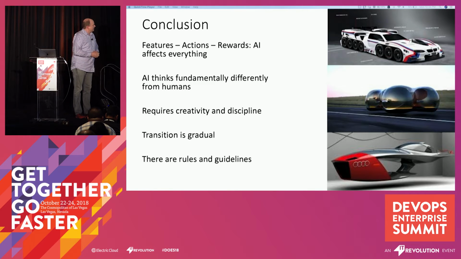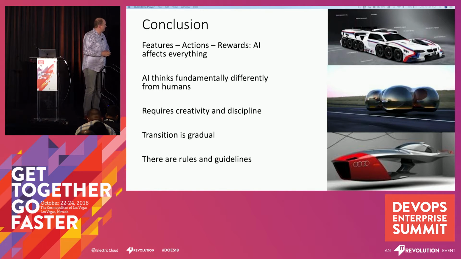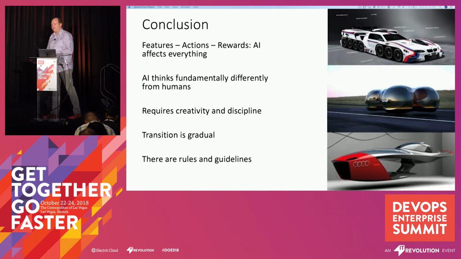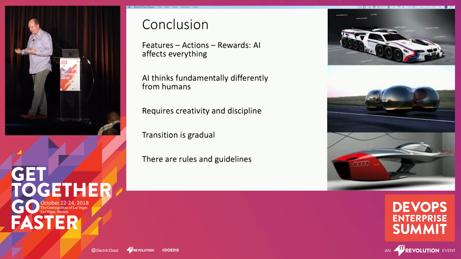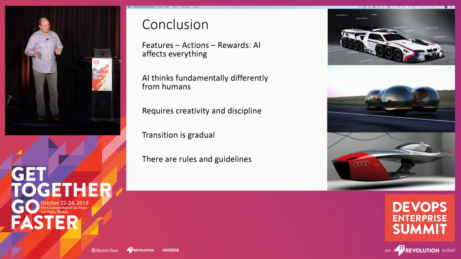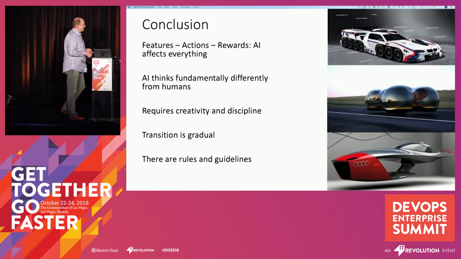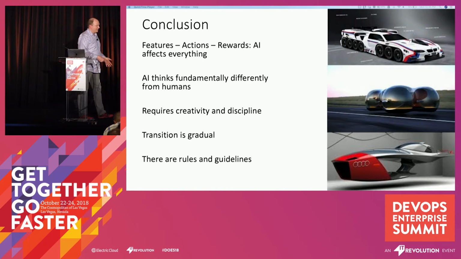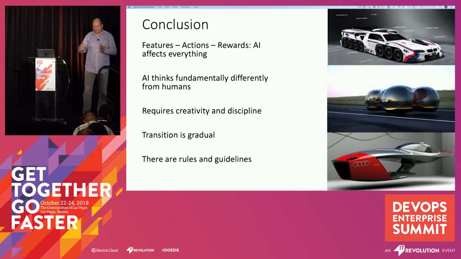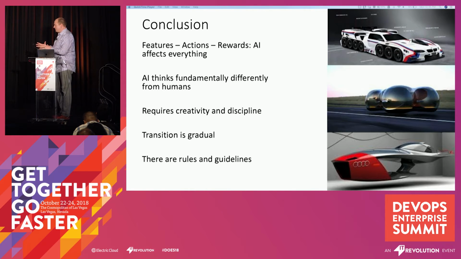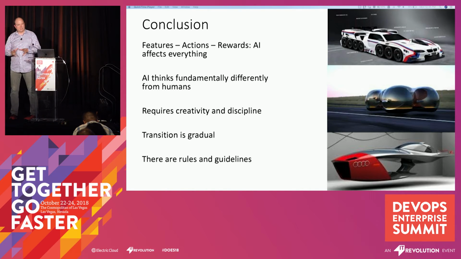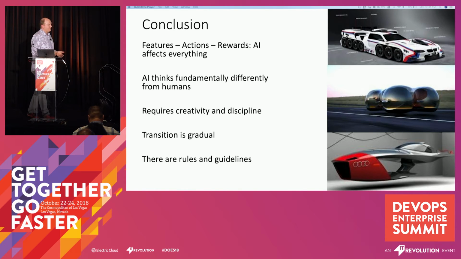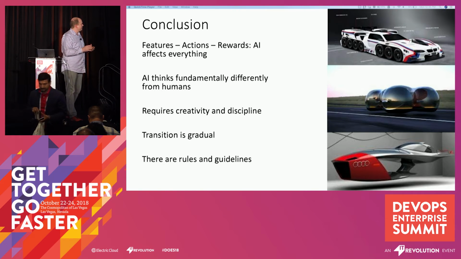So yeah, at the end of the day, it requires creativity, discipline. It's a transition, almost like the transition to DevOps. It's a painful transition because you can spend a lot of hours and a lot of money on not achieving all that much. And that's why those rules really apply if you want to use AI and optimize your DevOps process, right? You don't optimize the whole DevOps process. You look at one metric. You look to find a certain thing that can help you become a little bit better and learn something from it, and do that over and over again,